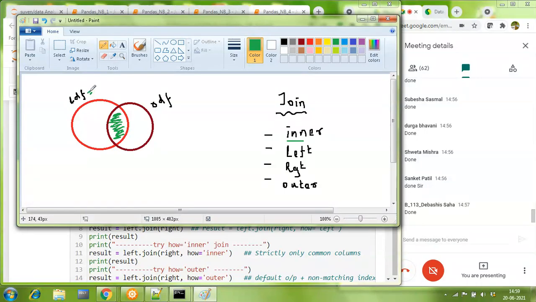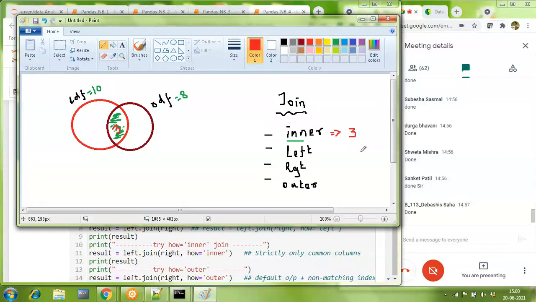Suppose the left data frame has 10 records or rows, the right data frame has 8 rows, and what is common between both is 3 values. Then only 3 records would be seen if you take an inner join.